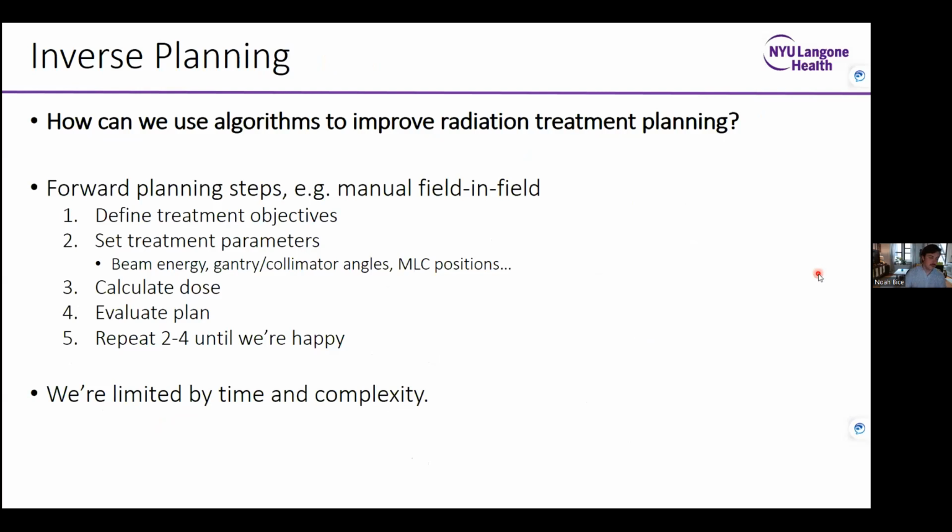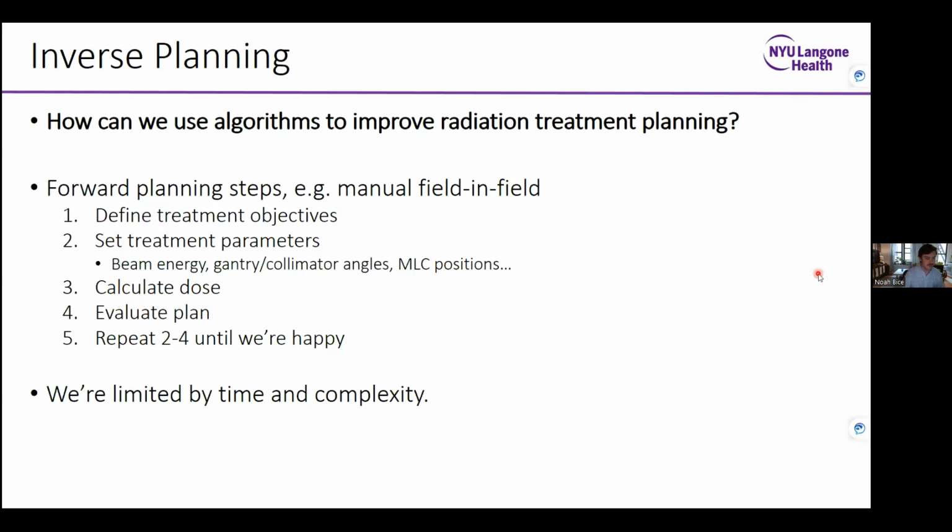So the question that we're interested in as medical physicists is how can we use algorithms to improve our radiation treatment plans? If we think about our conventional treatment planning procedure, for example, like a manual field and field, the steps that are essential in creating a plan are to first define treatment objectives, like what is the prescription dose and coverage objectives, which OARs are we trying to spare, are there dose volume limitations that we're trying to meet. Second, we want to set treatment parameters,